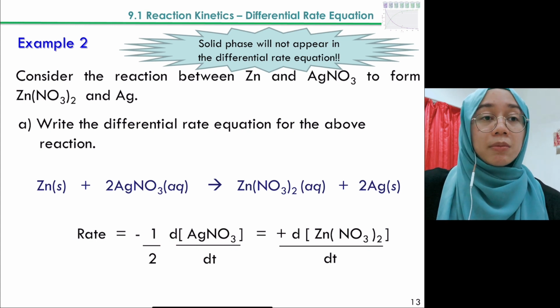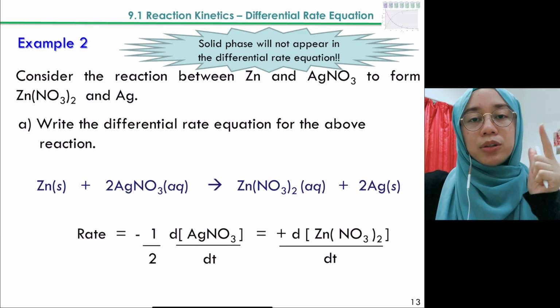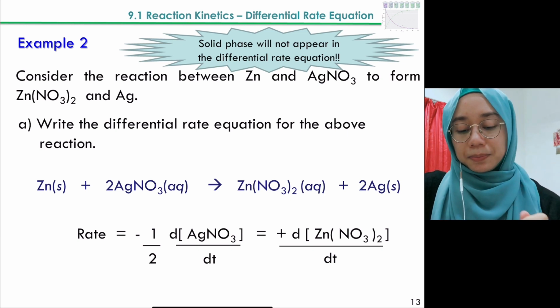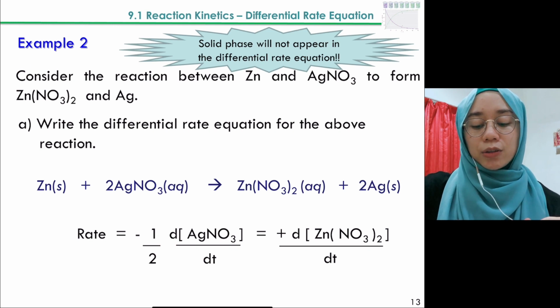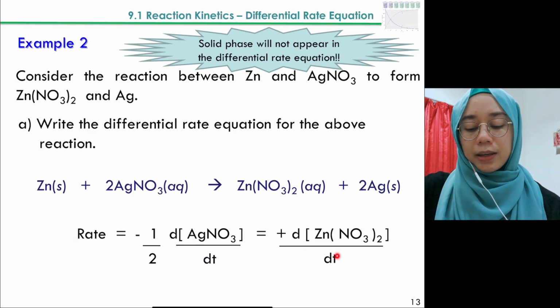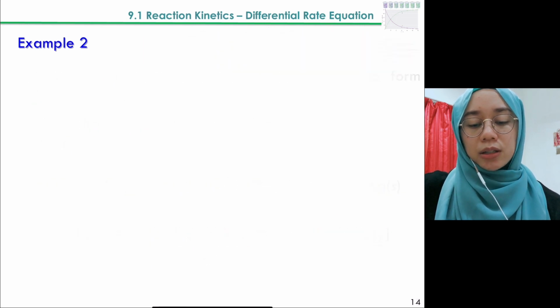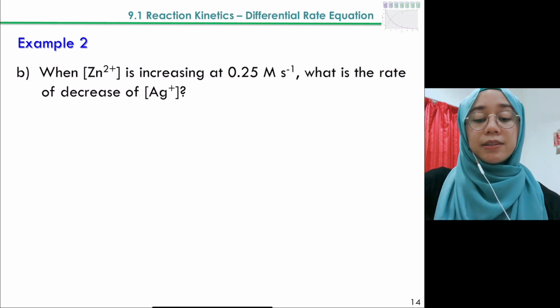Again, dia sama case yang macam before this, kita cuma tunjuk untuk aqueous ataupun gas sahaja. Okay. So settle dah kita punya differential rate equation untuk reaction ni. So kita cuma tunjuk untuk silver nitrate and also zinc nitrate lah. Okay. And then next question untuk example 2 ni adalah dia bagi tahu when zinc is increasing at 0.25 when